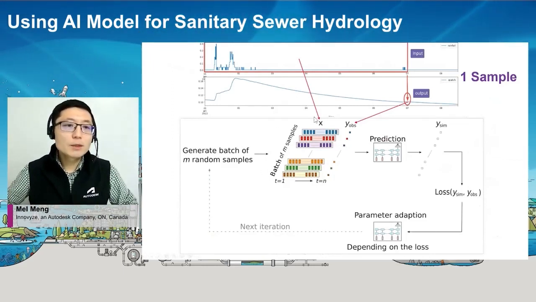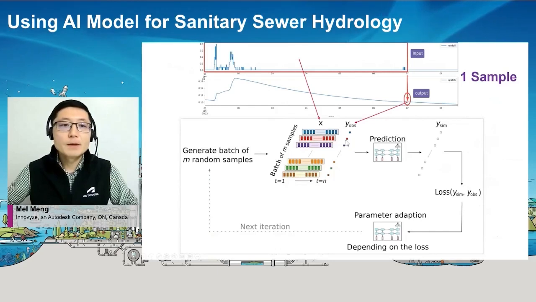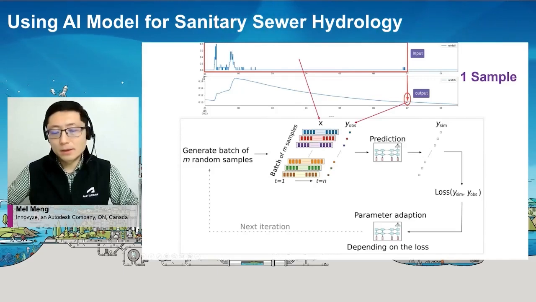So the training is where we optimize all the parameters inside of each of the computing units, not too different from a Swim model. You have different parameters to optimize. So here is how it works. As I have already explained, we take the input, that's the past 7 days of rainfall. The output is a reading. So we prepare 500, say that's one batch. I prepare like 500 of these samples,